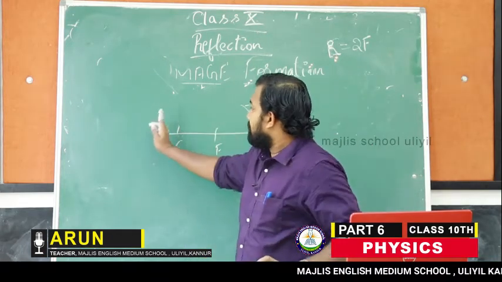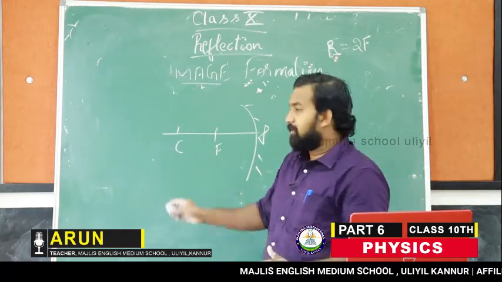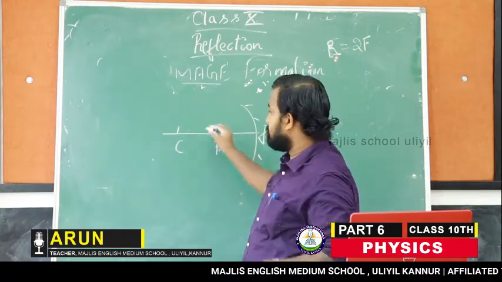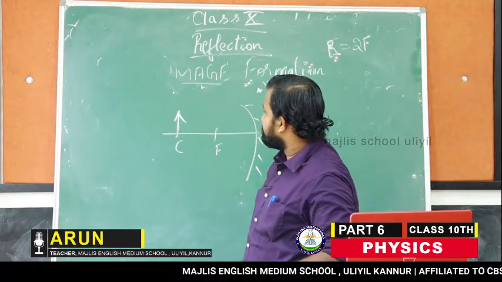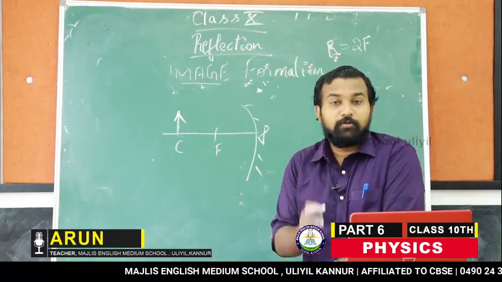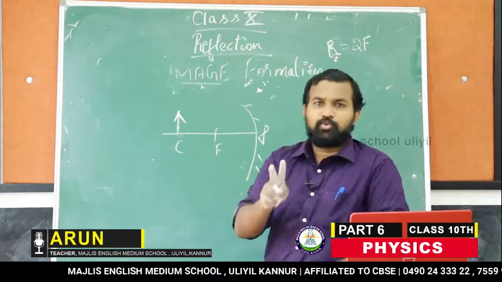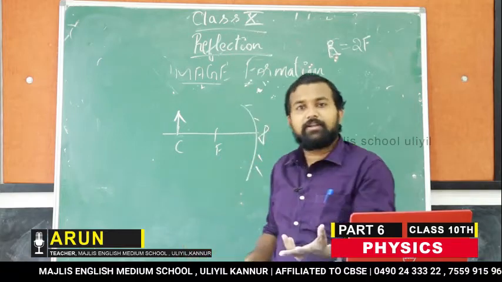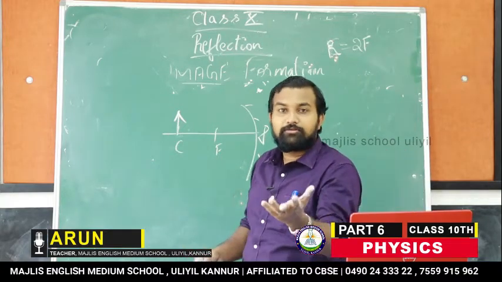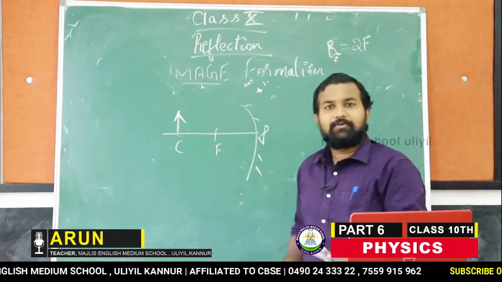So now, before it was near to C, now what I will do is I will keep it at C. Again I am bringing it closer to the mirror. So I will keep the object at C. Okay. Here also all the rays can come, but we will only take any two rays. You can decide whichever ray you want. It's not needed that you always take a parallel ray and a ray passing through the focus. No, you can take whatever ray it is.